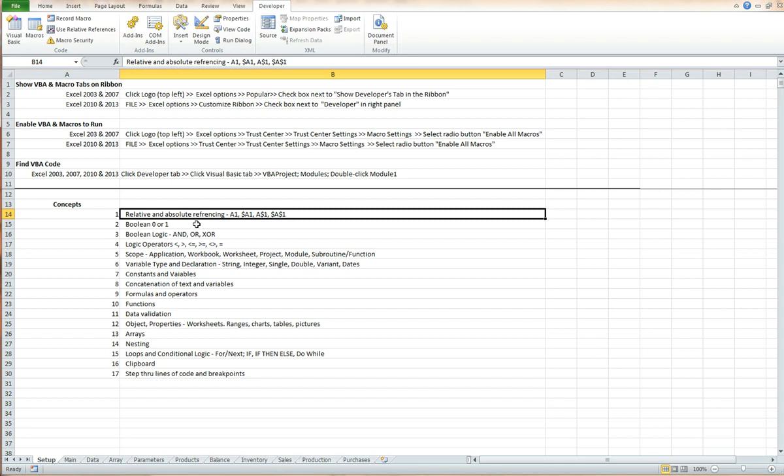Okay, the next one is the idea of Boolean logic. If you've been in any kind of a programming class, Boolean logic either has a value of 0 or 1. 0 would mean that it's false, a 1 value would mean that it's true. If you were to do any conditional